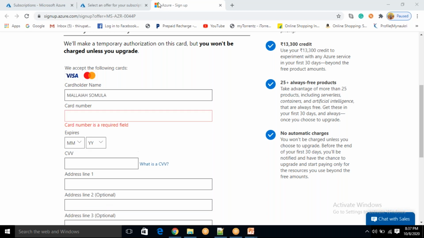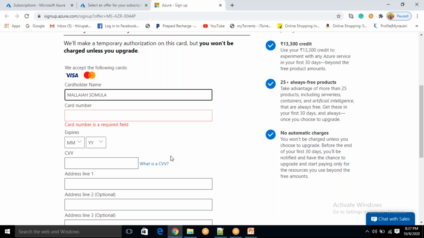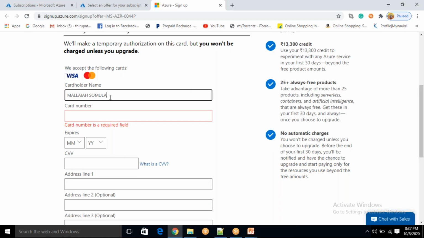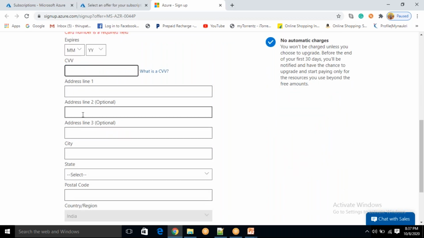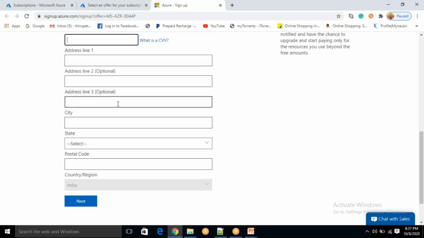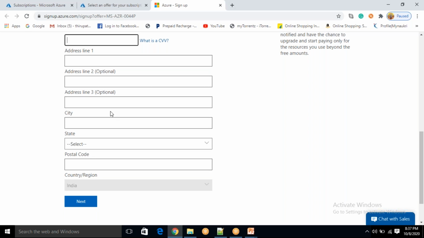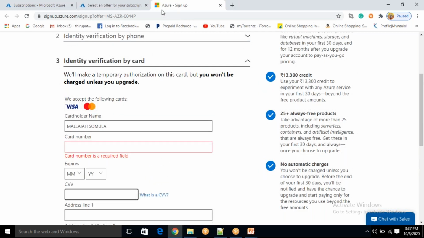Yeah, so before I enter details, you can see here what details are needed from your credit card. First one is the card holder name, whatever name is printed on your card. Next, card number, which depends on the bank and may have a different number of digits. Then enter expiry date and CVV. Later you can put any address here, whatever address you want. There is no restriction in this. Now let me enter and come back to you.